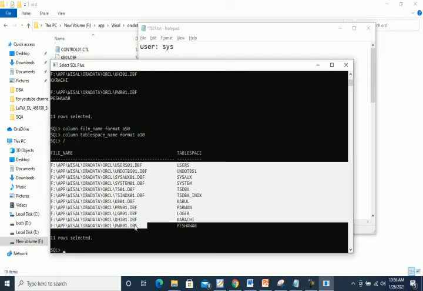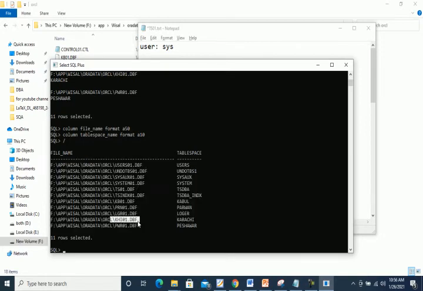If I want to show you this one, the karachi KH01.dbf is associated with the Karachi tablespace. Same here, PWR01.dbf is associated with the Peshawar tablespace. In this way you can see information about the tablespaces and their associated data files, and these files physically exist on the disk.